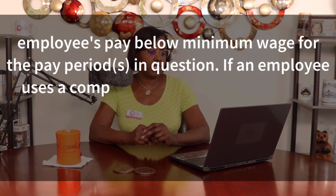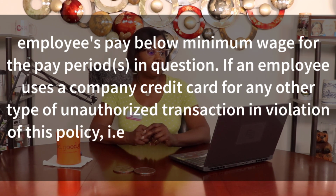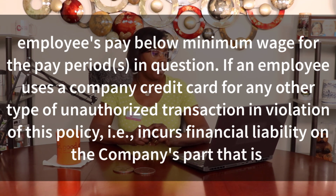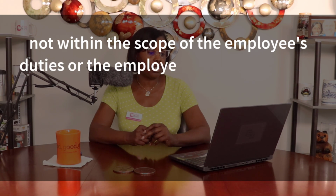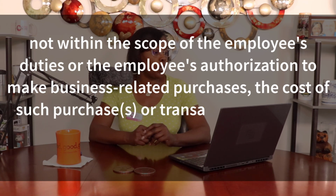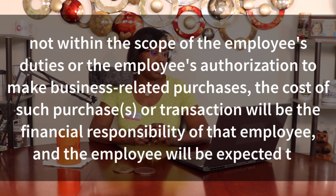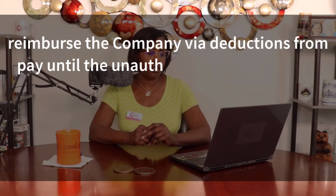If any employee uses a company credit card for any other type of unauthorized transaction in violation of this policy, i.e., incurs financial liability on the company's part that is not within the scope of the employee's duties or the employee's authorization to make business-related purchases, the cost of such purchases or transaction will be the financial responsibility of that employee, and the employee will be expected to reimburse the company via deductions from pay until the unauthorized amount is